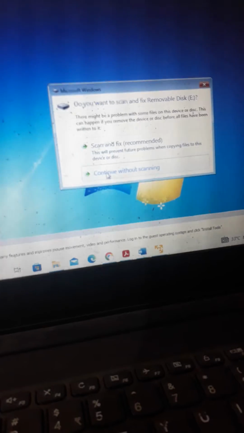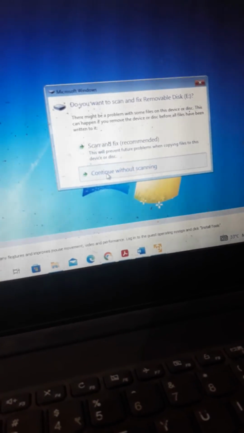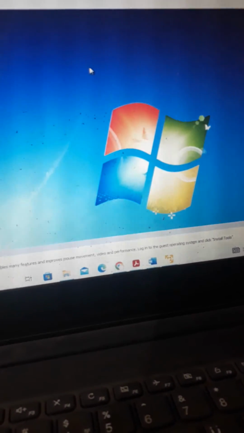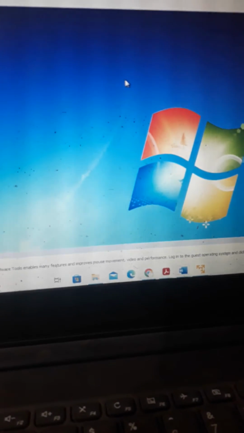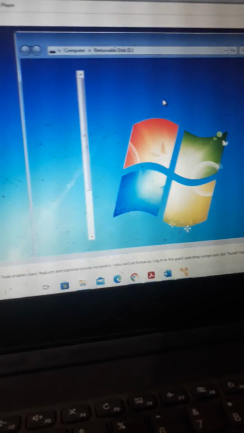Now continue without scanning, or else if you want to scan you can do it, but without scanning I am giving. So open folder to view file, go to your project folder,